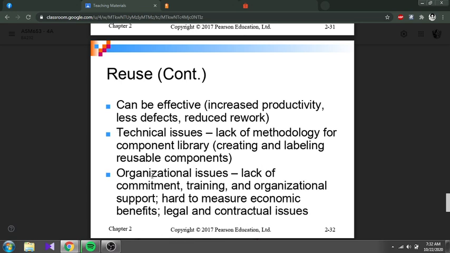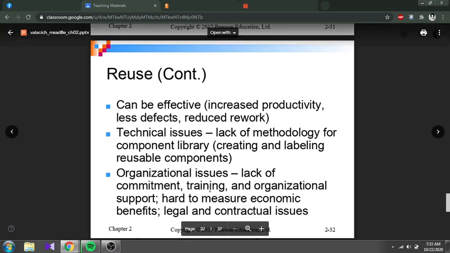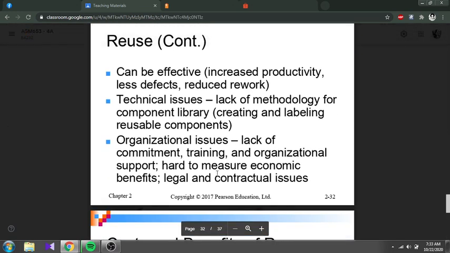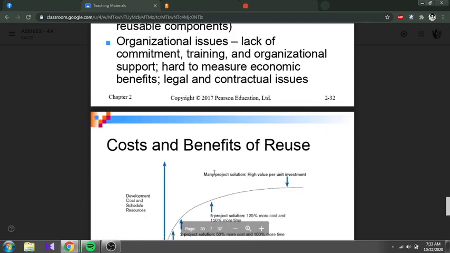On the organizational issue, lack of commitment and training, the company may have little expertise or knowledge on how to improve system effectiveness, so they can make use of this reuse.